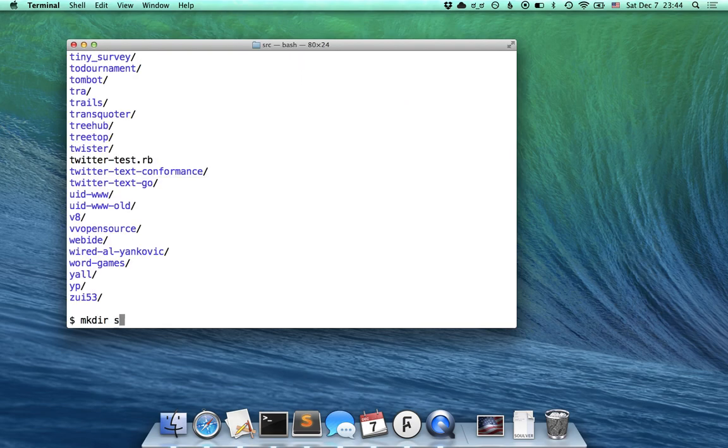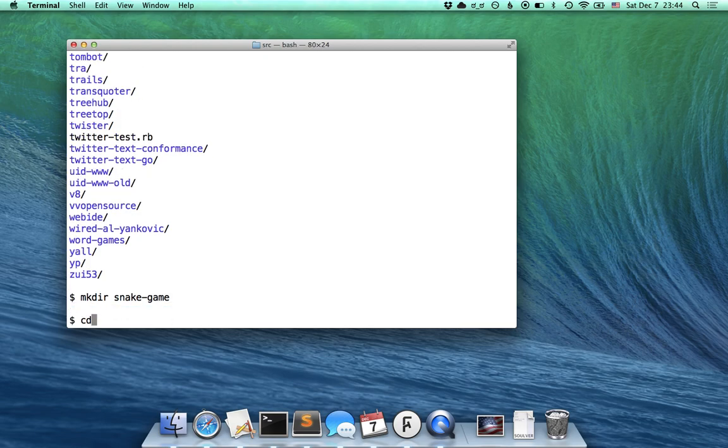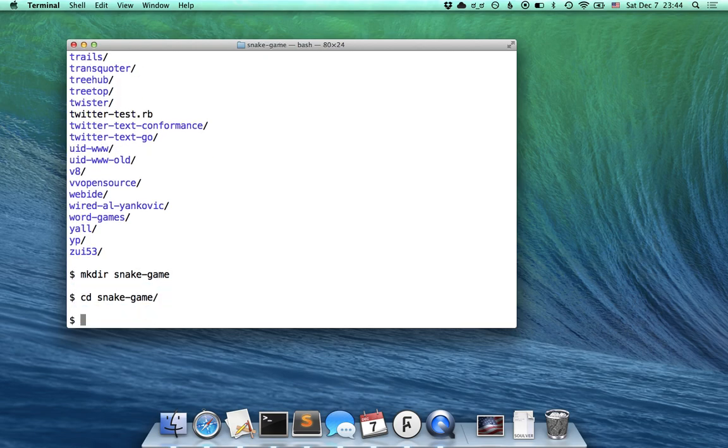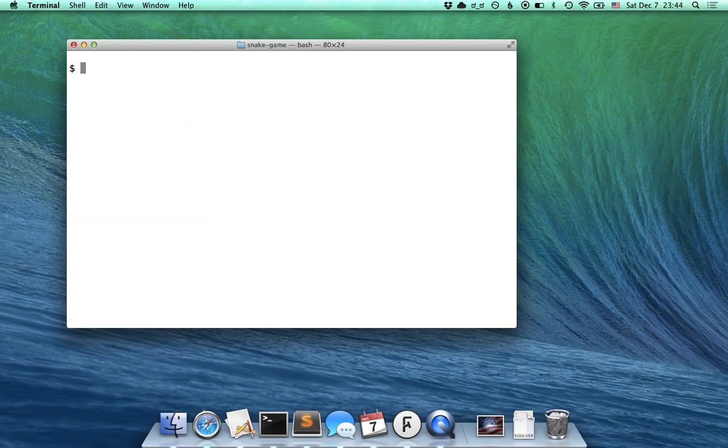What I'm thinking of doing is making a snake game in JavaScript inside the browser, and the way I'm thinking of going about this is just to prototype it as I would prototype anything, which is to make the smallest, ugliest code I can in order to get something on the page as soon as possible so I can tweak it later. So I'm just going to,